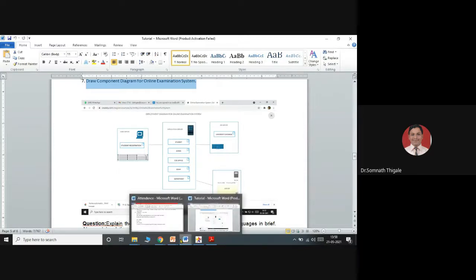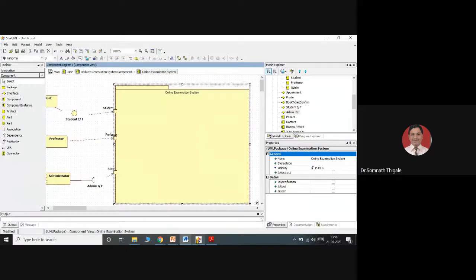So I will consider the different components over here: student and professor. Student will be able to appear for the exam. Professor will be able to submit the question paper. So let's start with this. They will be responsible for maintaining some artifacts over here. So I'll consider one database over here, and additional notations that I can use as a part of the database. So question paper set we can see here.